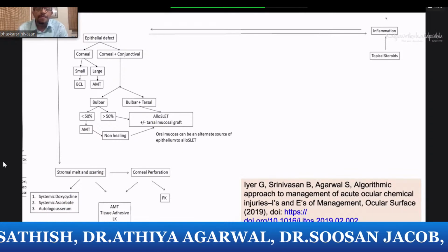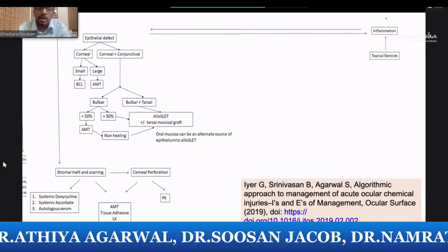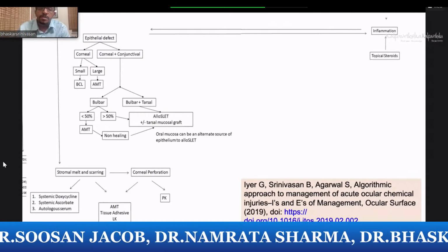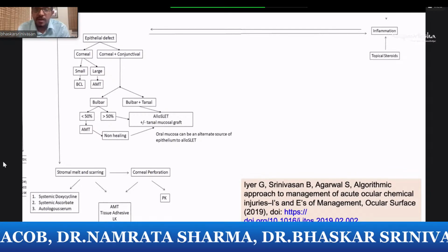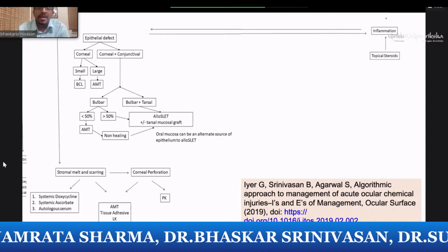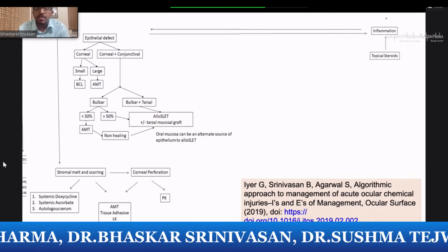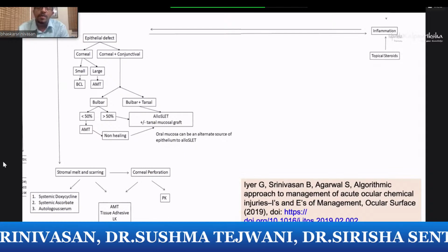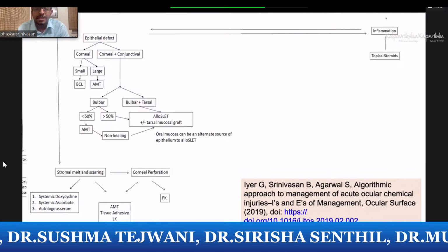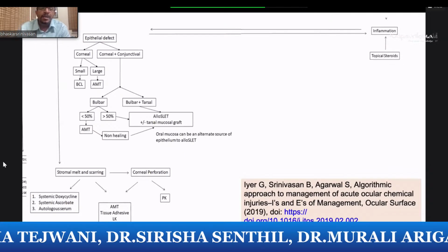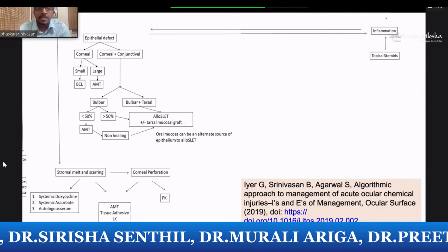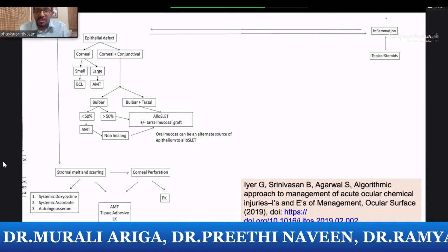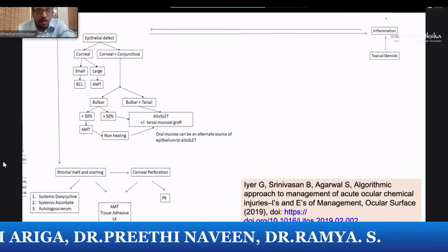So again, if the epithelial defect is only in the cornea, contact lens alone would suffice. But if it's corneal and conjunctival, and if less than 50% of bulbar surface is affected, you might want to surgically intervene and put an amniotic. And if it's more than 50%, you'll probably think of doing an allogenic slit along with an amniotic to facilitate a faster epithelialization of the ocular surface. The idea of management of chemical injury in the acute phase is to prevent a stromal scarring or melting, which will then change the dynamics in terms of the long-term outcomes that we could get.